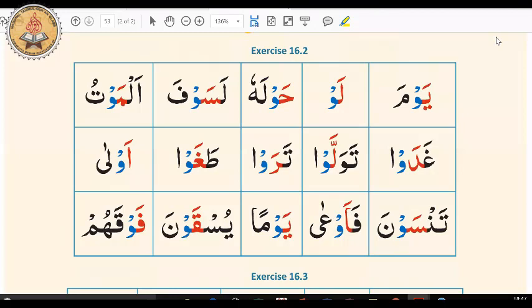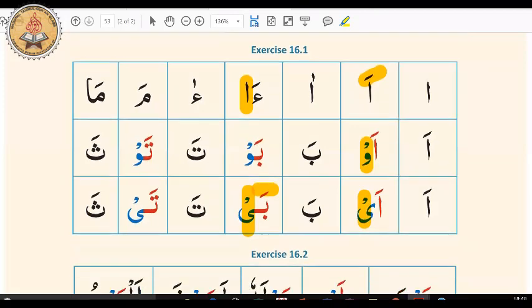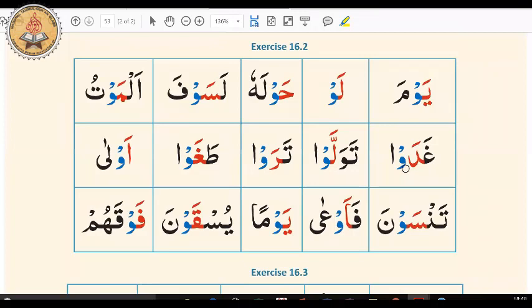So Jazakallah A1125. Okay, so we'll move on to exercise 16.2. Hang on, let's go back to the top. In exercise 16.1 we looked at both the vaoline and the yaleen, and now in exercise 16.2 we are focusing on the vaoline. As you can see, the vaoline has been highlighted in blue to make it easier for you. So if I choose a student to help me out, can I have